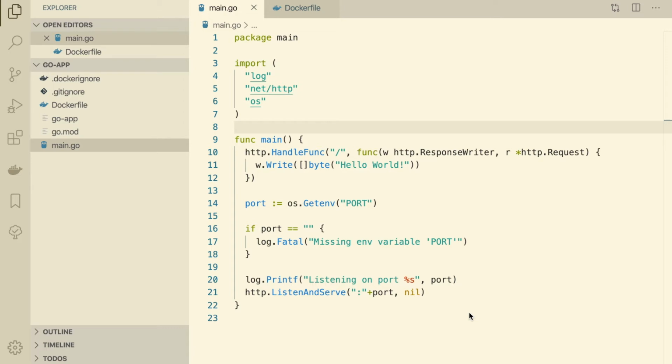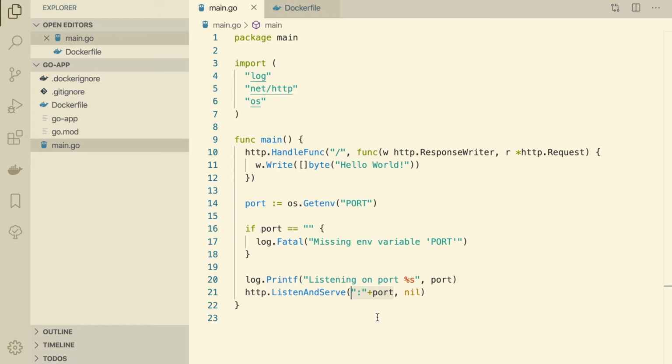And now let's have a look at our example app. It only provides one endpoint, which simply returns the string "Hello World." One thing that is special about Google Cloud Run is the environment variable PORT. You need to make sure that your server listens for traffic on the port that is indicated by this variable. So we cannot hardcode a value here. And as you can see in line 21, we're using the variable to dynamically set the port on which our